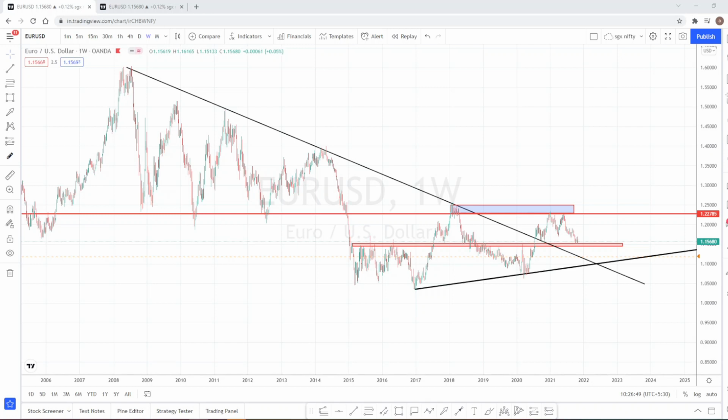Today we are going to be doing weekly technical analysis in Euro USD currency pairs. We are going to analyze the weekly chart and determine the overall direction of the current market and where all the resistance and support areas are. Then finally go down to hourly time frame and understand the present price action and then mark the trading ranges